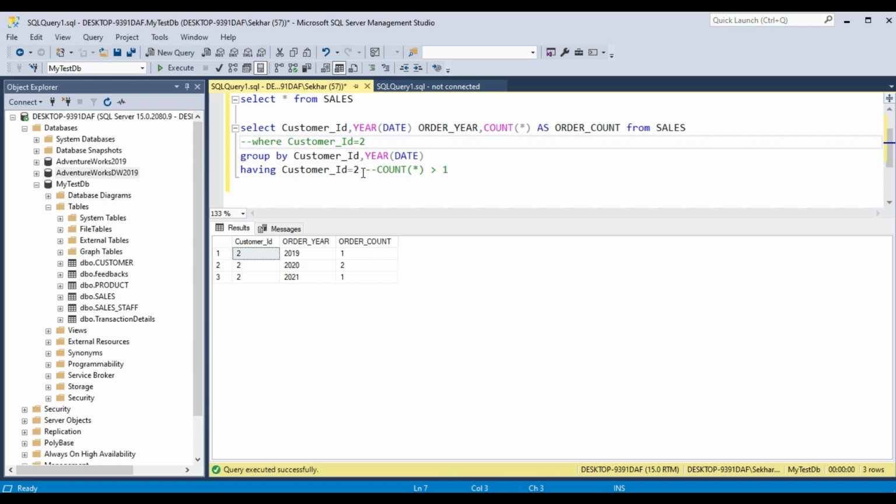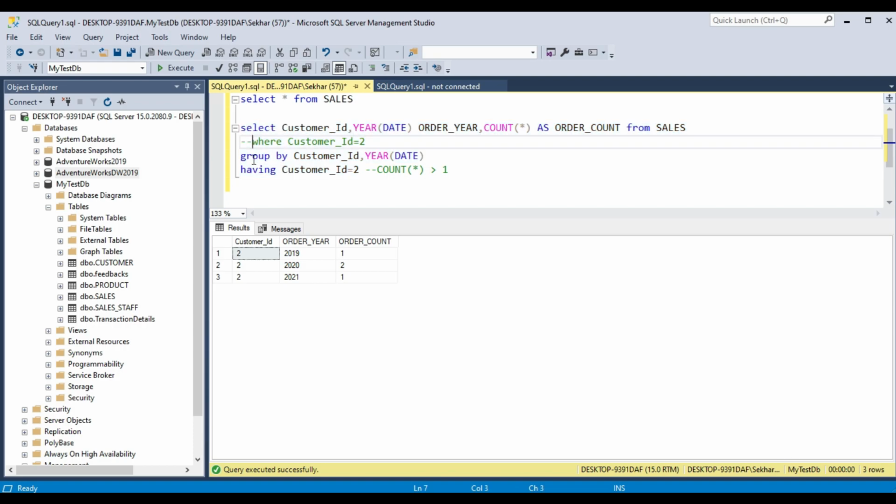Okay, so if we don't use where and we use having, shall we get any difference? Let's see. I run this query and it gives the exact same result. Just like I told a few minutes before, both basically do the same work when you are taking a filter condition on some field in our table or tables.